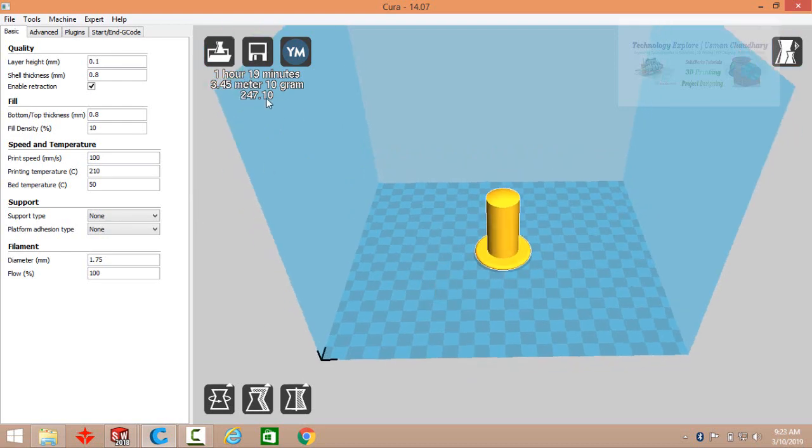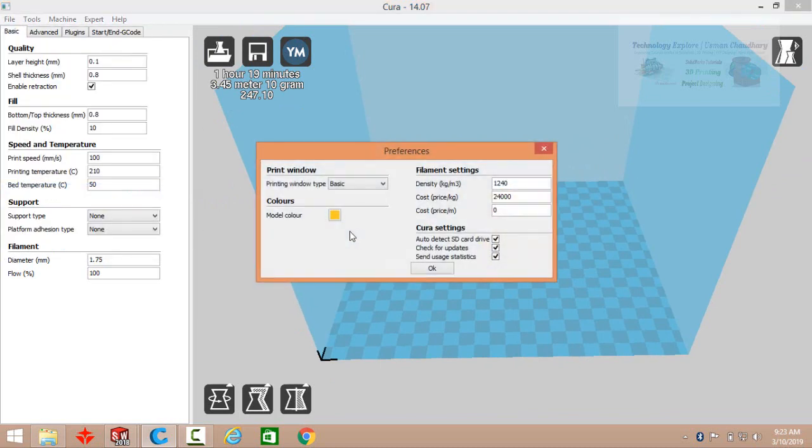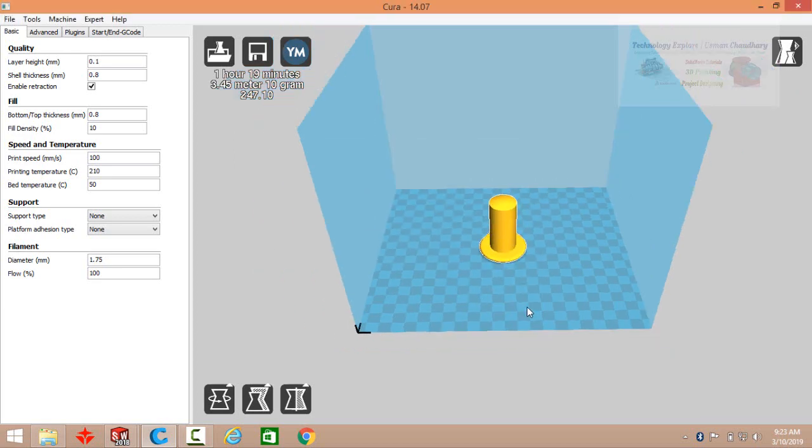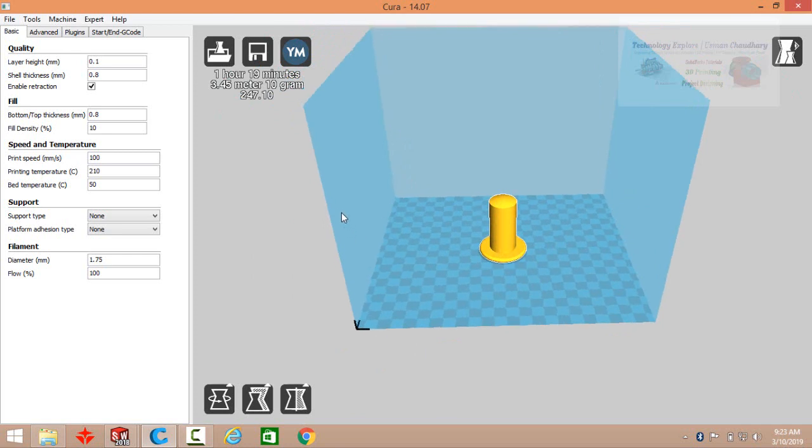So to set the price, I selected the preferences from file, and here is the cost price per kilogram. Then press OK button. So once these settings have been done, right click on this button, save to toolpath, then select save G code.